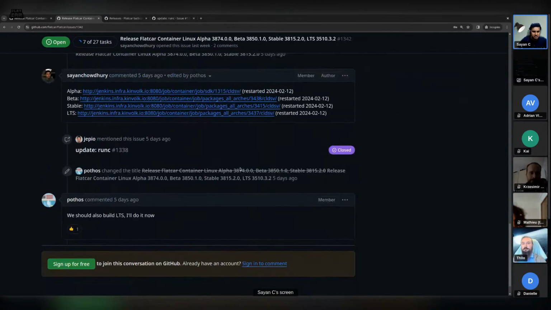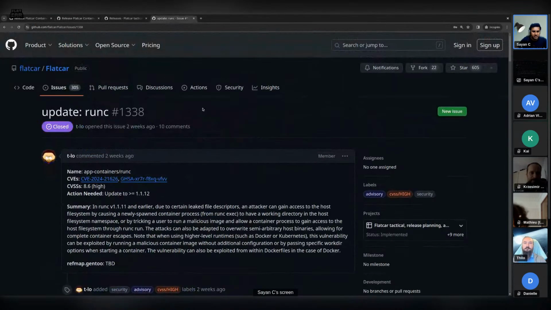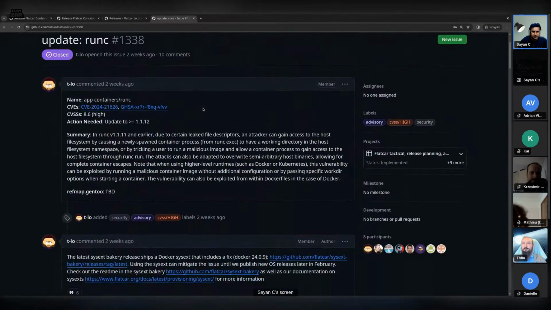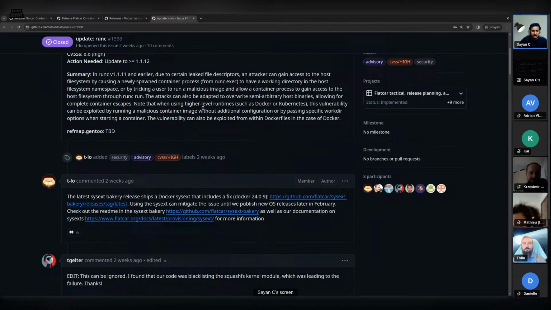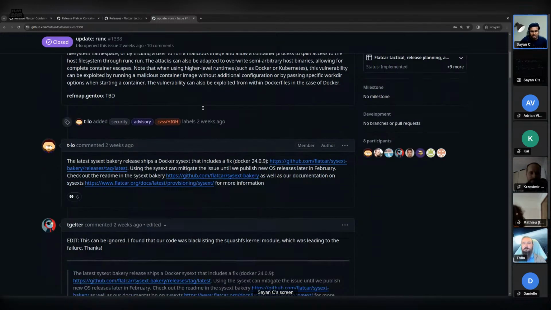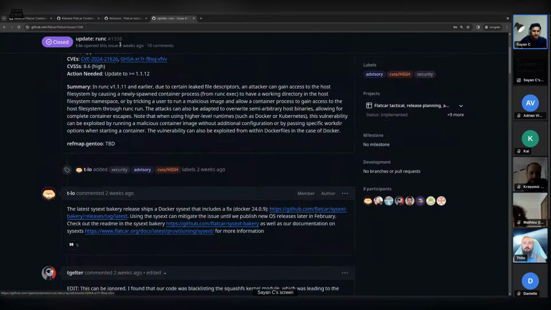And I guess folks already talked about the runc issue, so we had a CVE around this, and this current set of releases would handle that. And thanks Kai for the demo. In case you want to see other folks trying and debugging, this is a good ticket to look into.